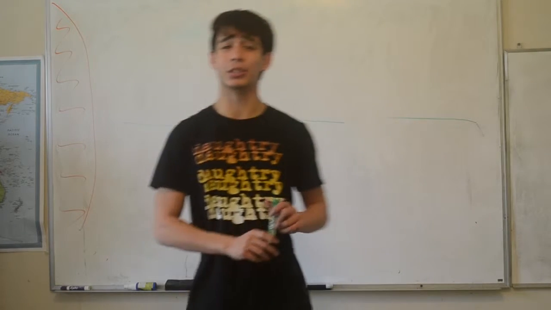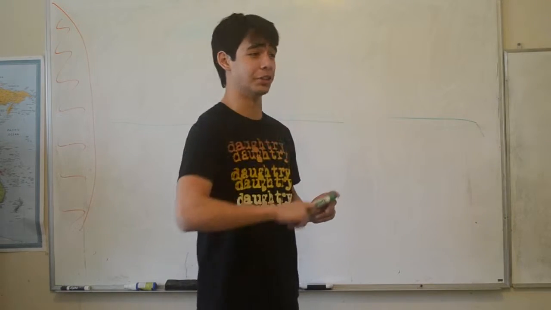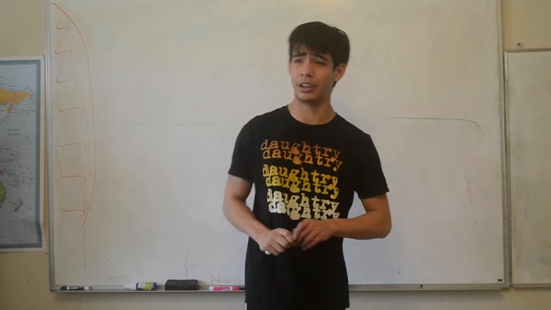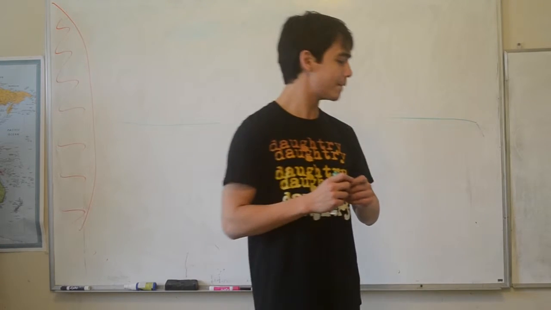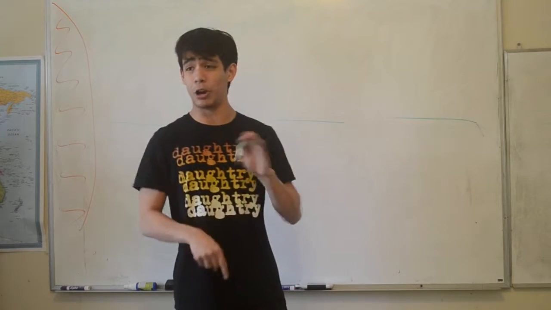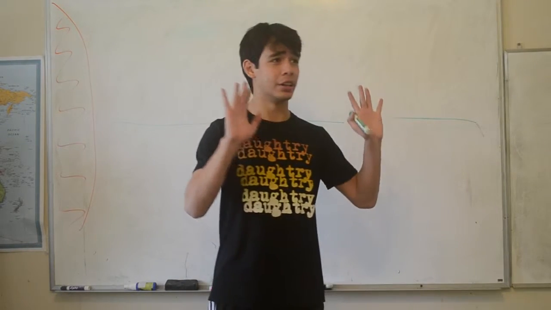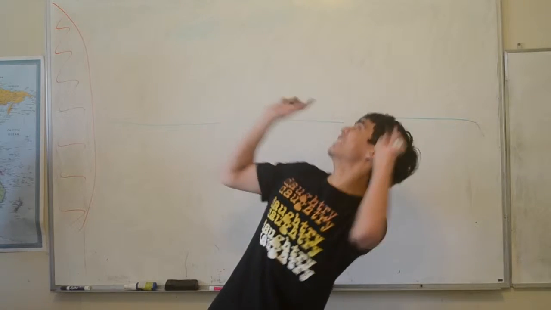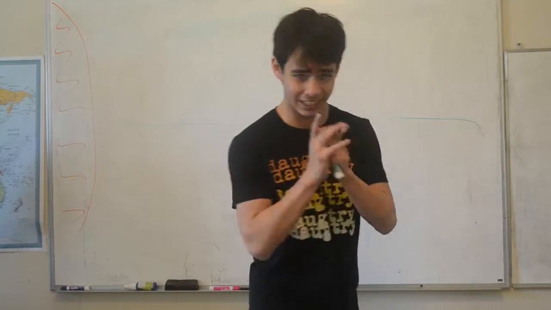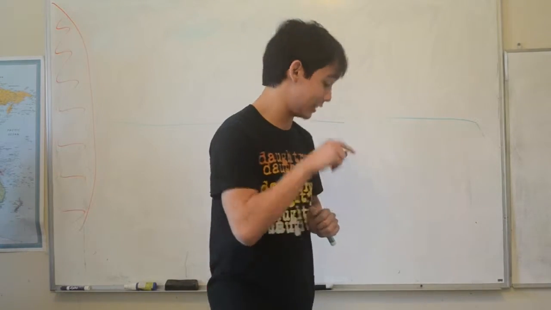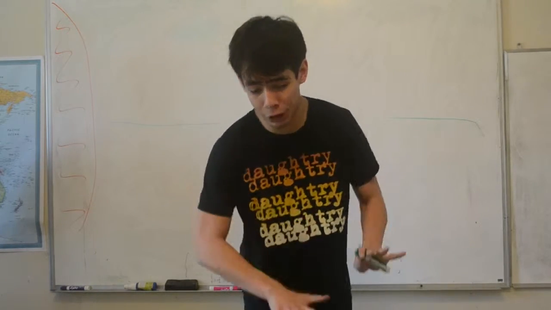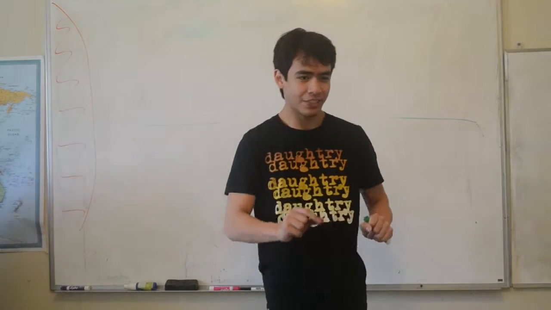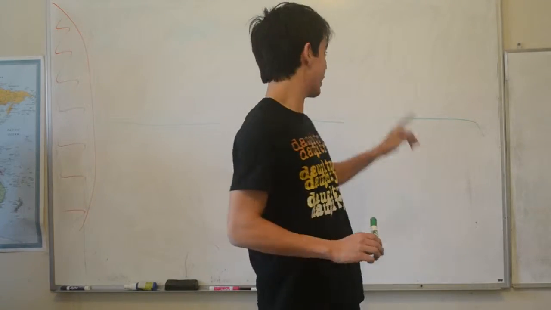You see, the answer lies in pressure. Pressure and altitude directly correlate. Think of it as if you were in an ocean, okay? The deeper down you go, the more pressure you experience just pushing down on you. But why is this? It is because the deeper down you go, the more water is on top of you, pushing down on you. The same is true on Mount Everest.